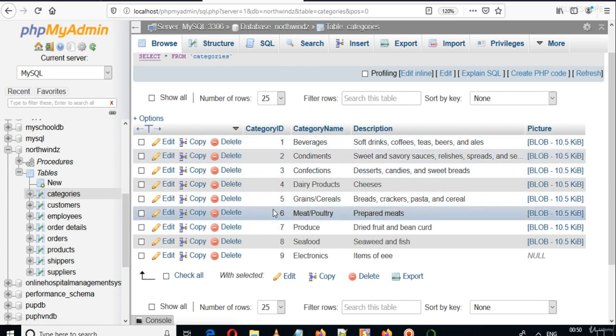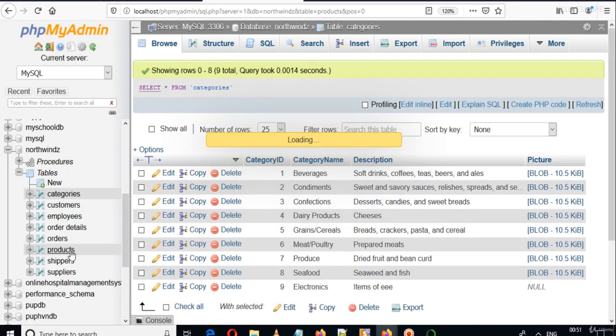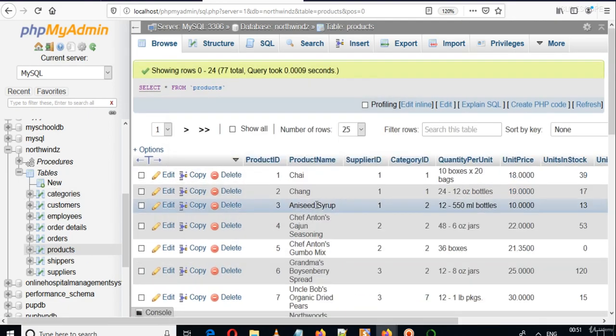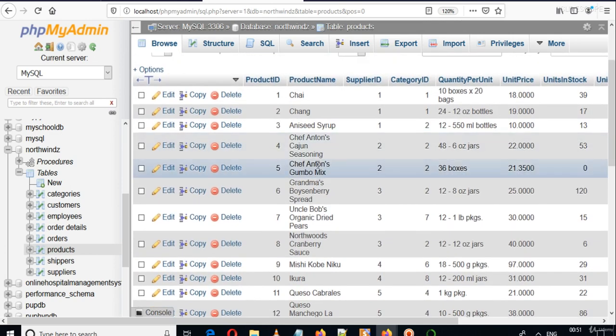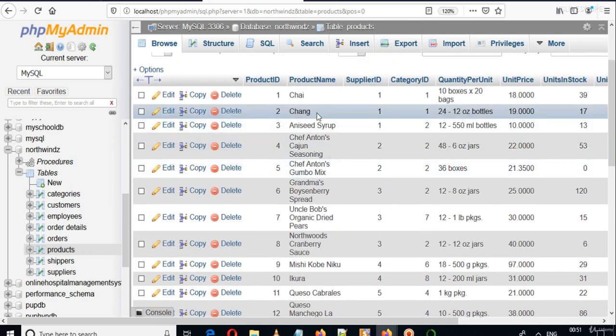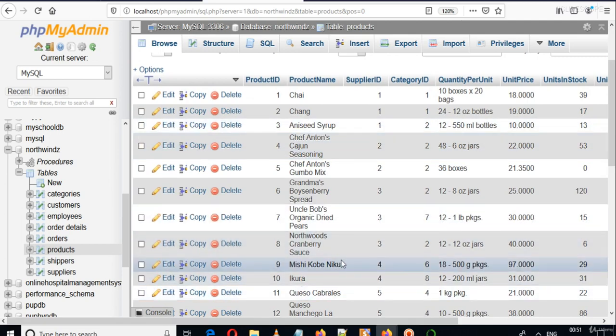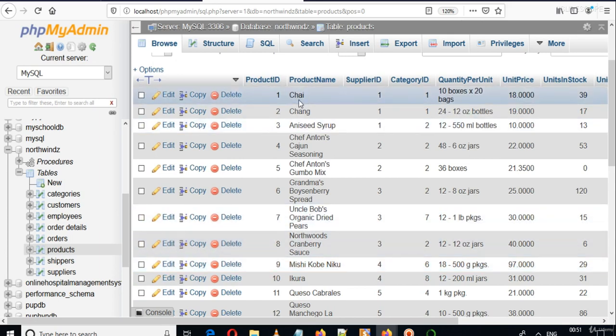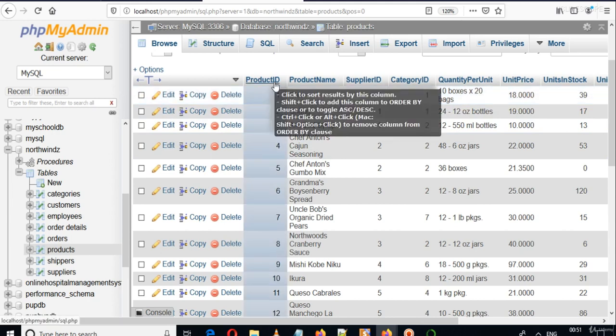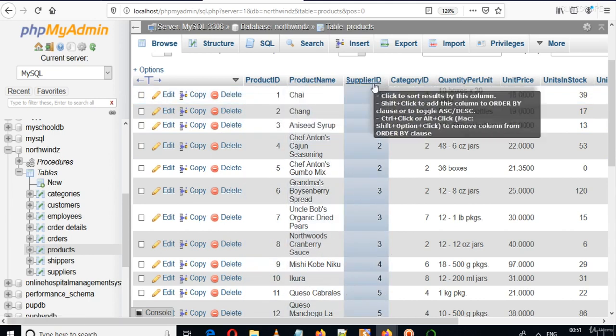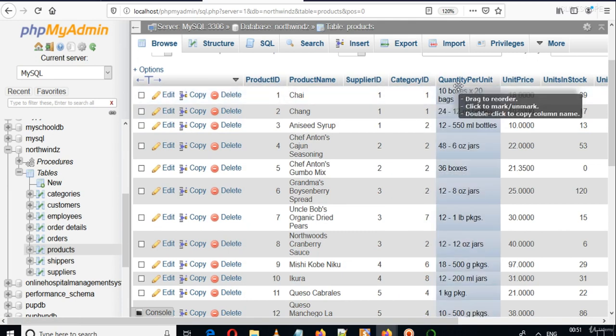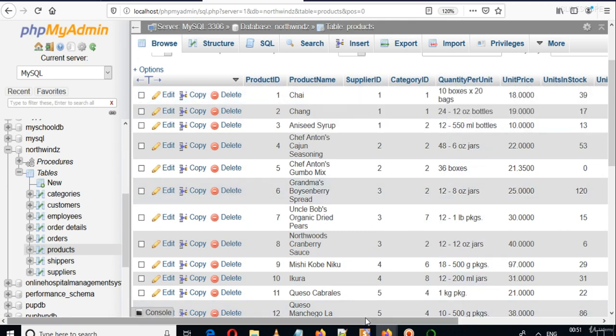This category ID is basically the identification of this category. And in this products section, there are products like Chai, Chang, Aniseed Syrup, and various other products like Ikura, Queso, Cabrales. In this particular table you will see more columns: product ID, product name, supplier ID, category ID, quantity per unit, unit price,